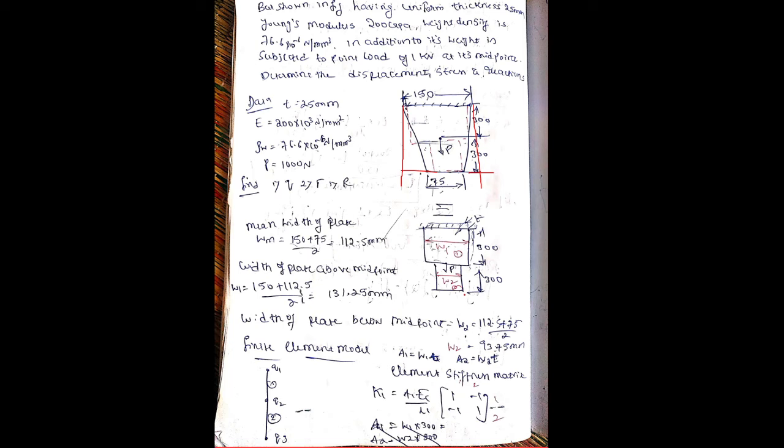What do you mean by normal stress? Come on, don't forget the basics. Perpendicular to the surface. Therefore, here which is the surface perpendicular to the load acting? That is width into thickness, no? Correct. This thickness into what is the width here? That's why it is taken here. A2 is equal to W2 into T. A1 is W1 into T in the first problem. Isn't it? All of you understanding?